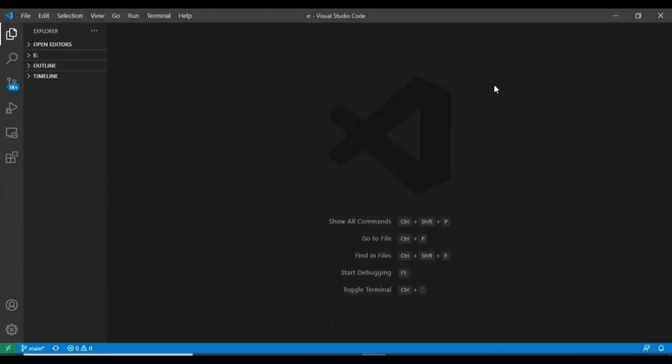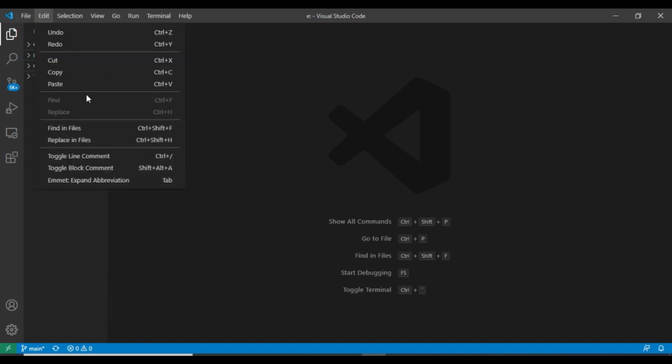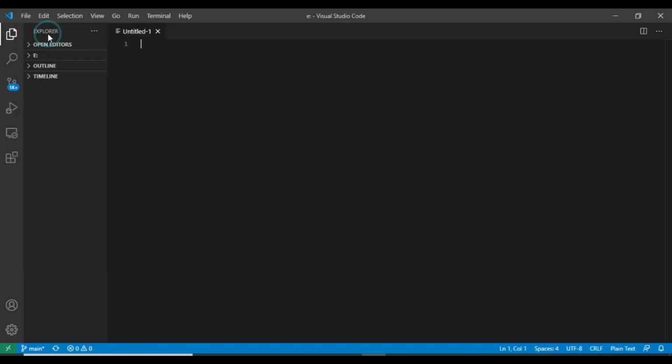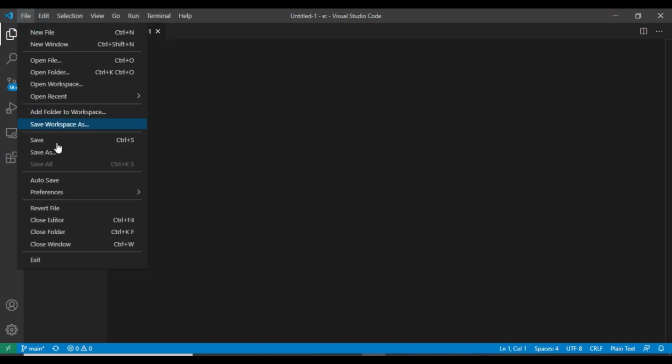Now let's get into the editor, write some code and create a web page. Before writing code, let me create a HTML file for me. File, new file, and save it as.